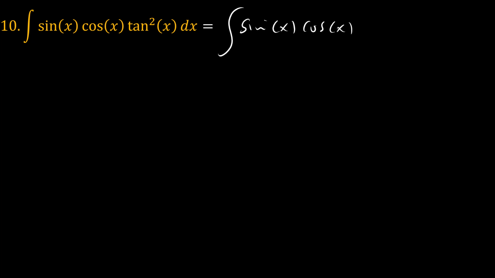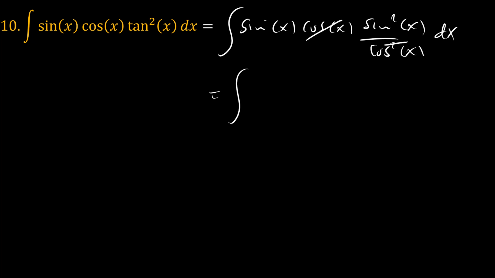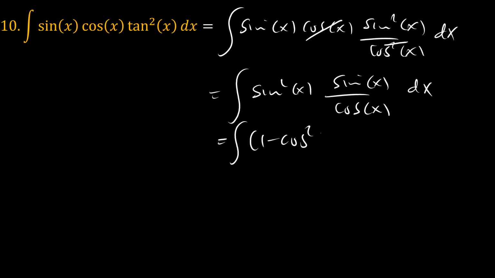It's very interesting. What we'll do here is let's just spread out the tangent squared of x in such a manner that what we have here is sine of x times cosine of x times sine squared of x over cosine squared of x, and as you can see, this squared and that would go, so we are left with sine squared of x times sine x over cosine of x, and sine squared of x is the same as 1 minus cosine squared of x times obviously tangent of x here, which is the same as tangent of x